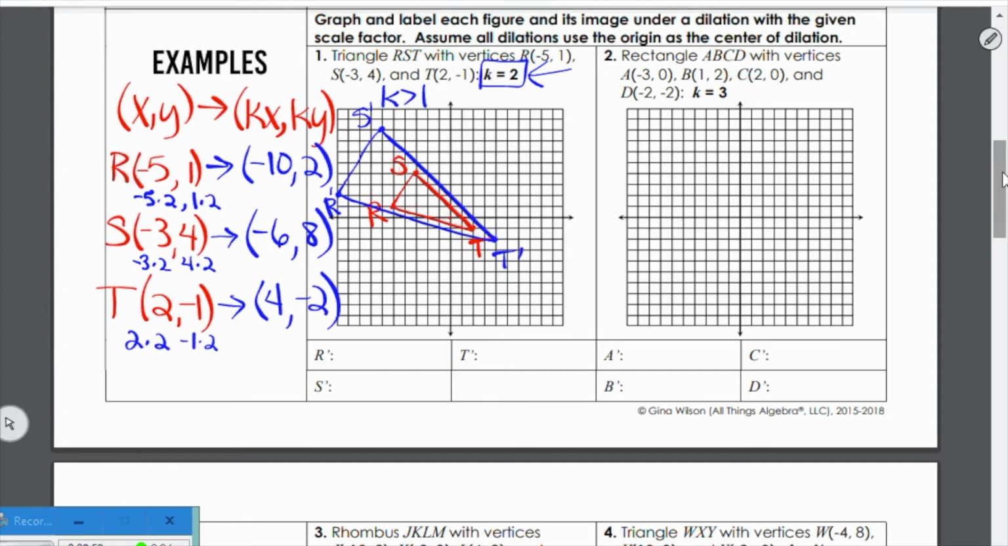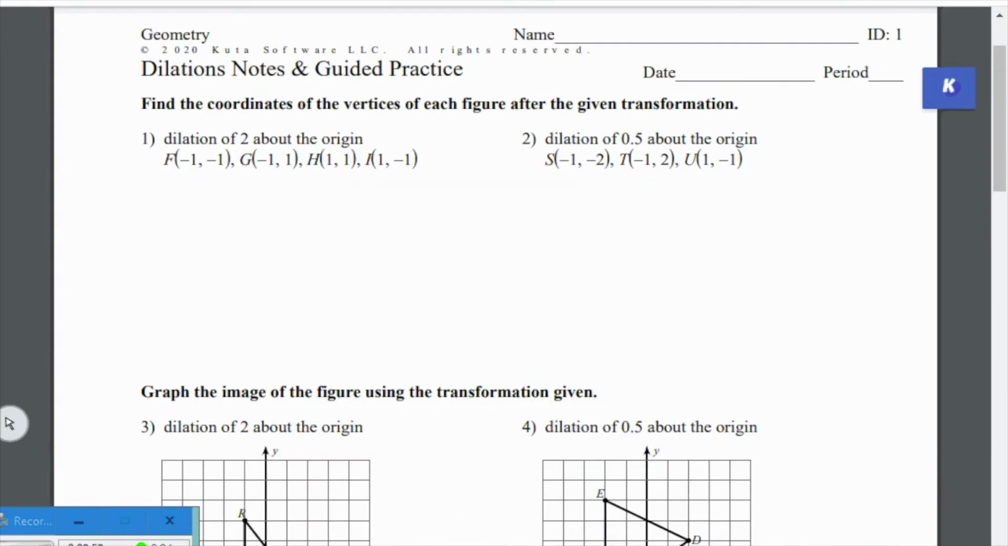Okay, all right, so there's that. I'm going to switch you now to this right here, and we're going to do some practice of just doing some multiplication first. So the first one is another dilation of 2. So I'm going to do times 2, times 2. See what I'm saying? So for my F prime, all we're doing is finding the points. That's the first thing I want you to do. So -1 times 2 is -2, and my y value, -1 times 2, -2. Okay? G prime,